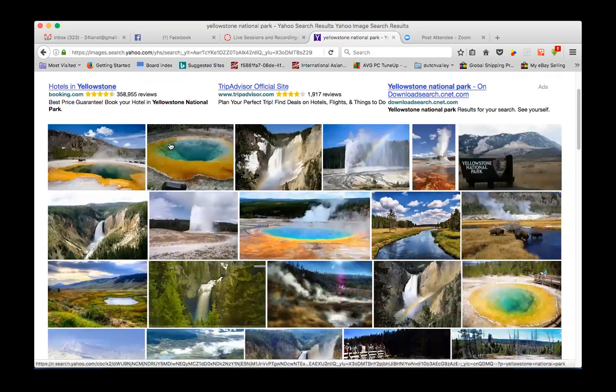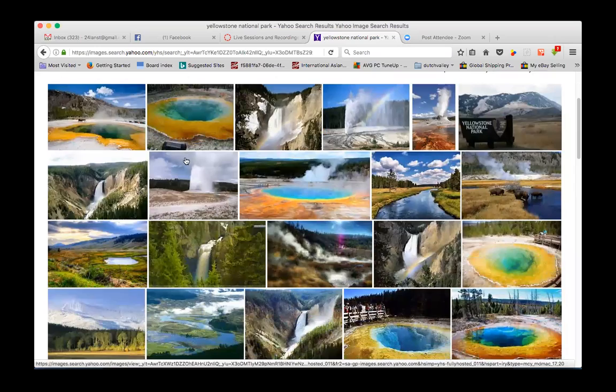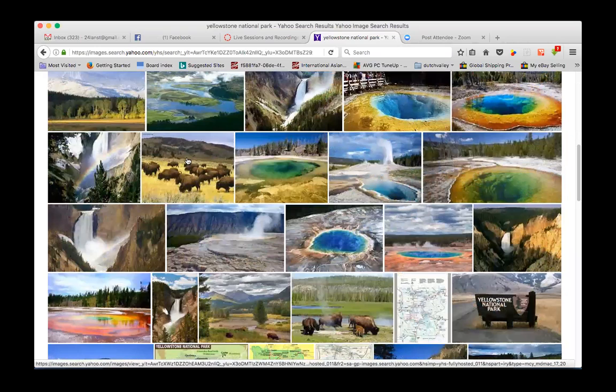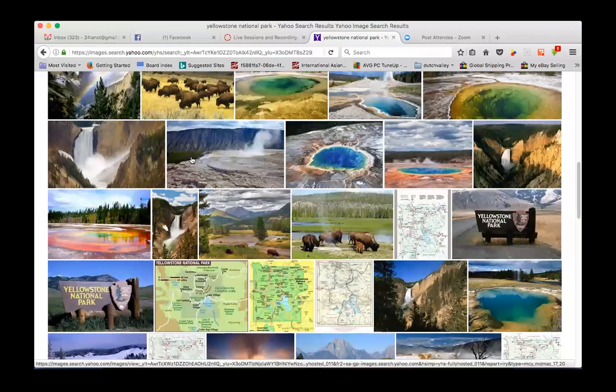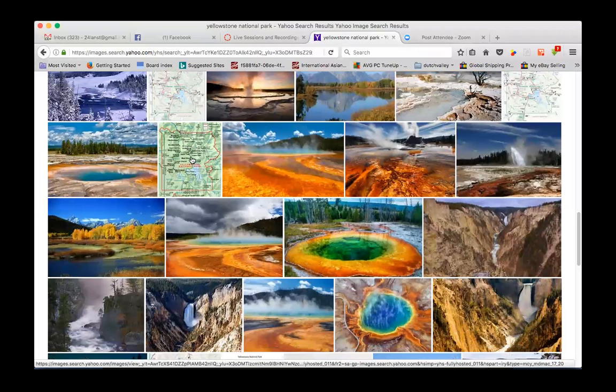Okay, so these are large. When you hover over them, oh, that's beautiful. Yeah, it's hard to choose pictures. All right, so I'm just going to hover over this one right here. So, for instance, well, you have fun. Okay. So I hover over this. I'm just actually going to click on it because it's not